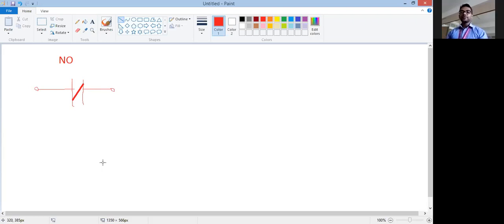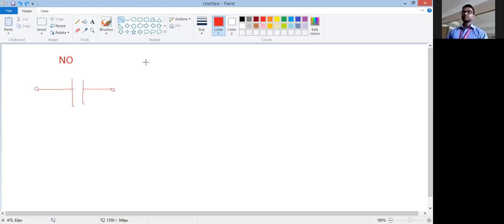And when 0 is given, the contact is normally open, meaning when no voltage is given, the contact is normally open. Correct? So this is the case for the NO connection. When logic 1 is given, your NO becomes FC. When 0 is given, it remains NO.